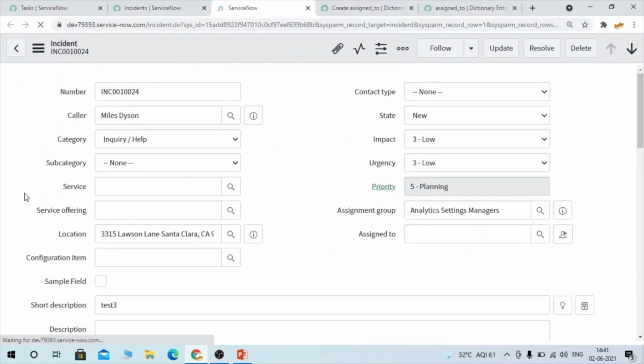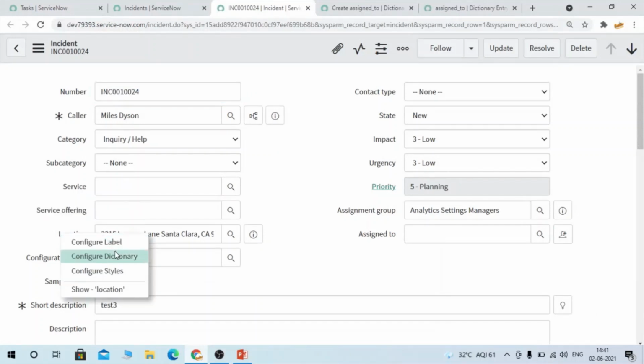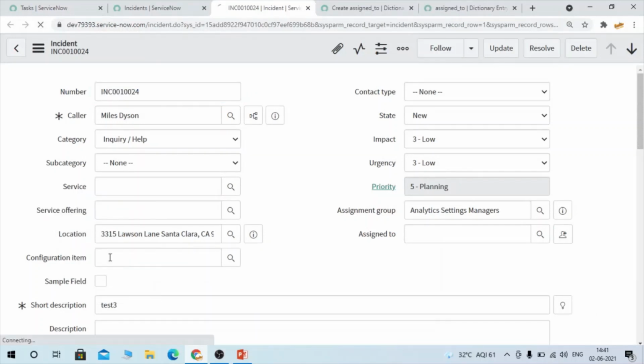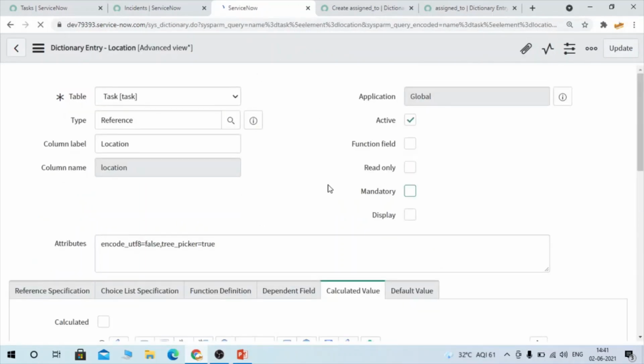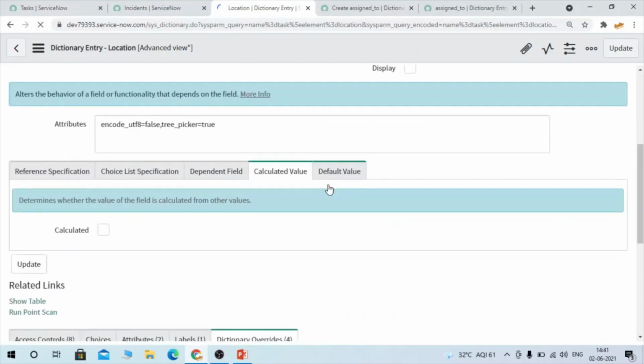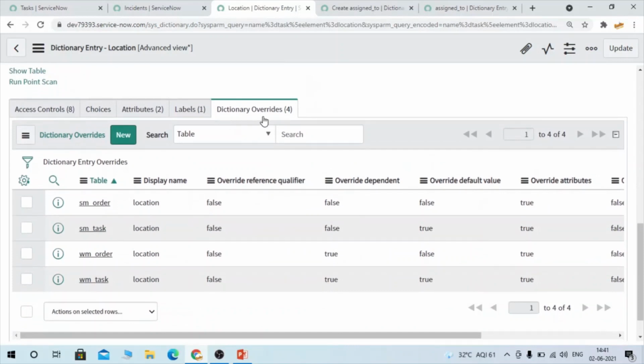Let's say I have to create a dictionary override for the location field. So I go to configure dictionary for the location field. Here we scroll down and we have the Dictionary Overrides option. We click on New.